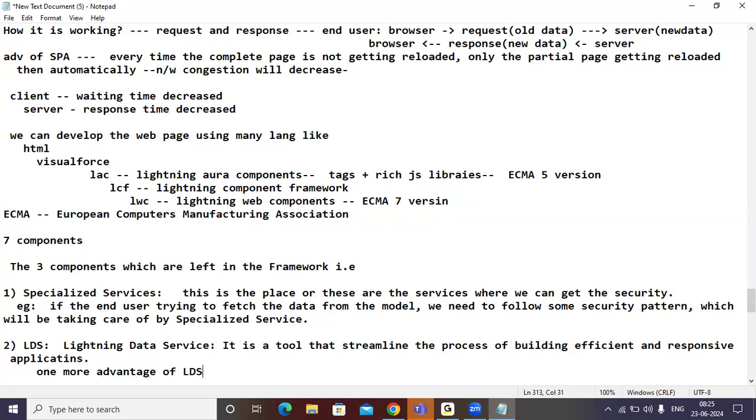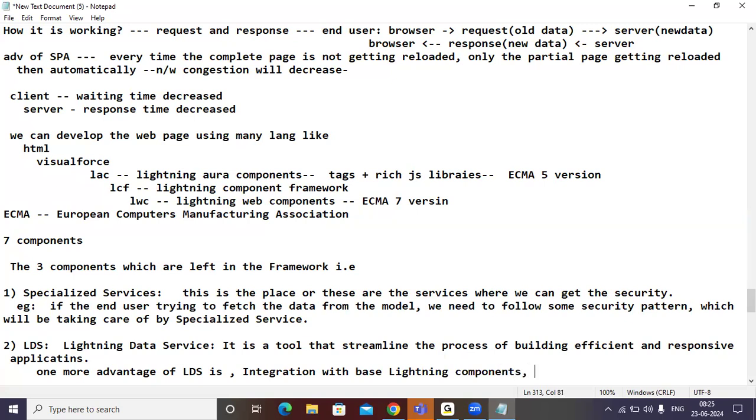One more advantage of LDS is integration with base Lightning components.